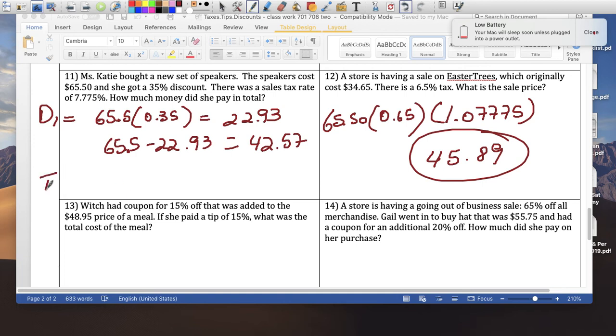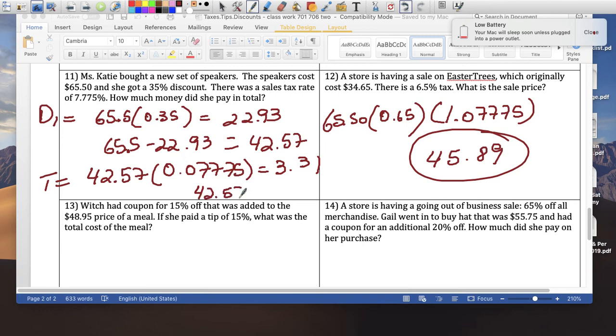Now she has to pay taxes, right? So the new price is $42.57 times the tax rate, which is 0.07775. If you multiply that, her tax is going to be $3.31. So 42.57 was the discounted price plus the tax, which is $3.31. That hopefully gives us 42.57 plus 3.31,